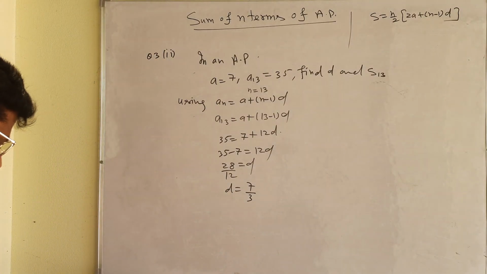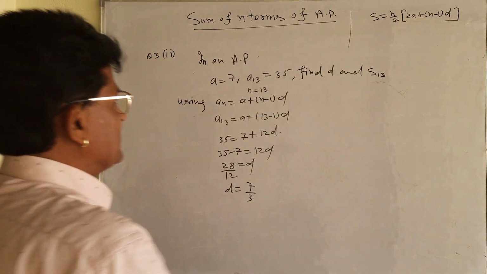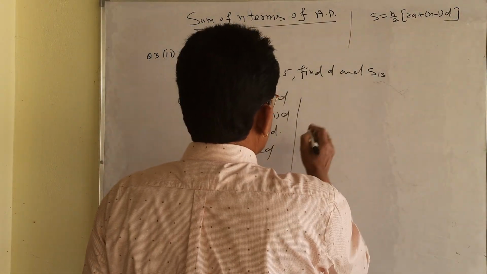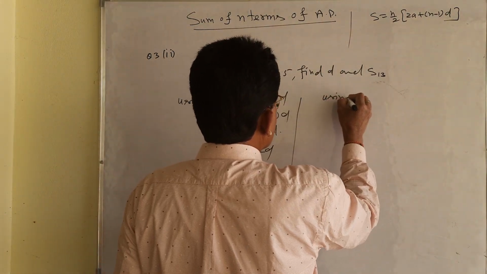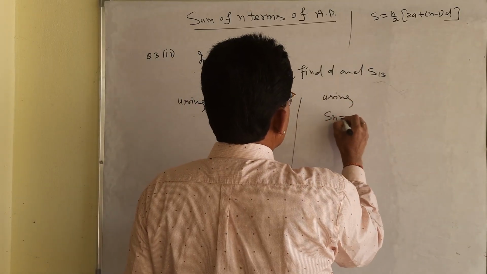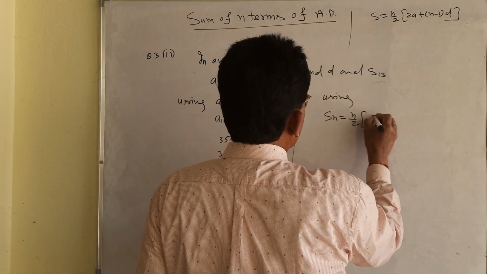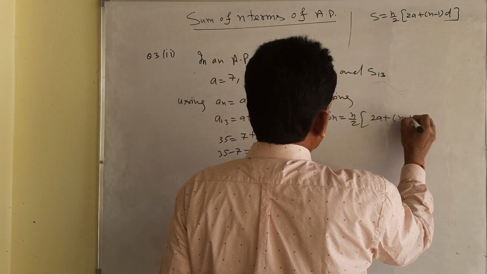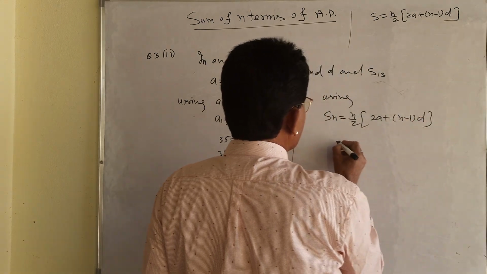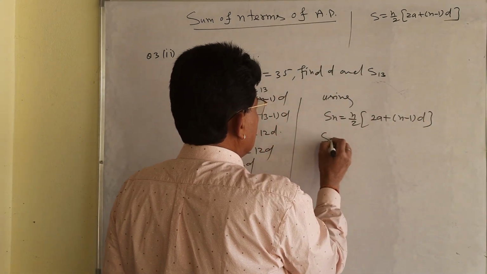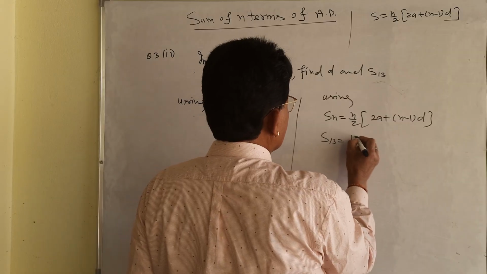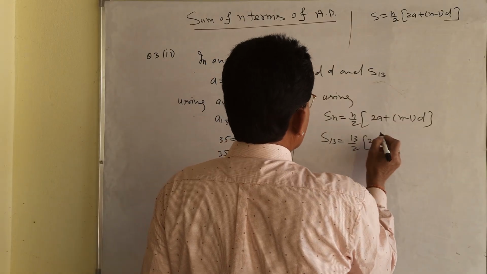7 by 3, that is the value of d. But here it is given, you find out the value of S13 using Sn will be equal to n upon 2 (2a plus (n minus 1)d). Okay, and S13, n is 13 by 2, a is the same thing,